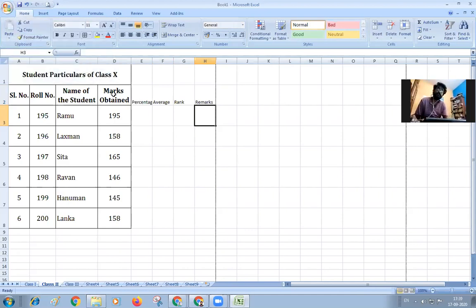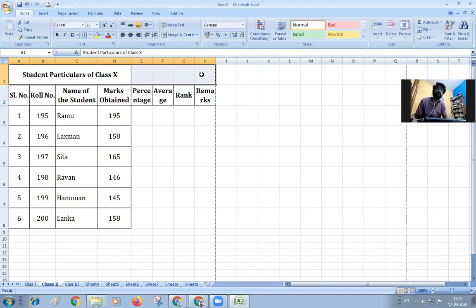And for the format painter, I'm selecting the marks obtained, clicking on format painter, and applying the same to these columns also. You can see the font has changed, the alignment has changed, the wrap text also changed, everything has changed to the required format, and you can enter the text. And still you need to merge this. Then what to do? I have selected the existing column with the 4 additional columns, and click on merge and center. Merge and center for 2 times.